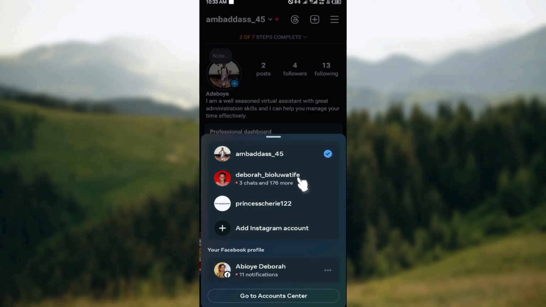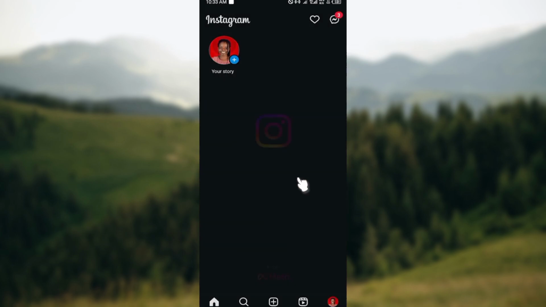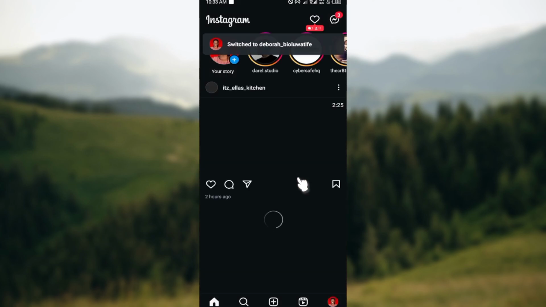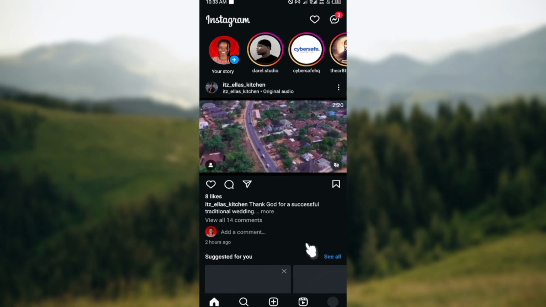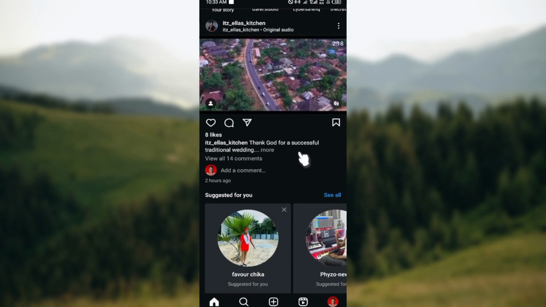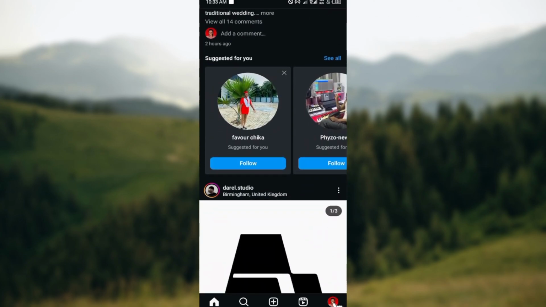If you want to switch, just select the one that you would like to log into, and automatically you will be switched to the one that you've selected. Okay, so as you can see, this is it. So you can also go back to your profile picture, if you would like to switch again,